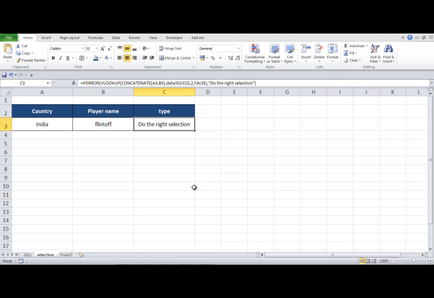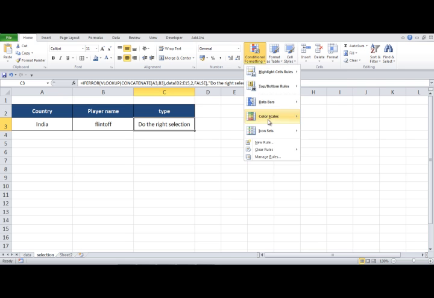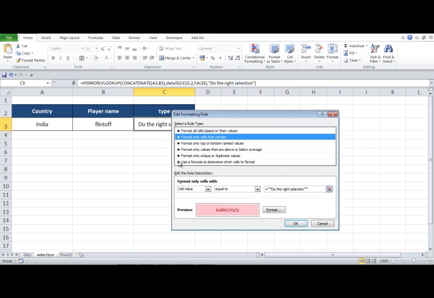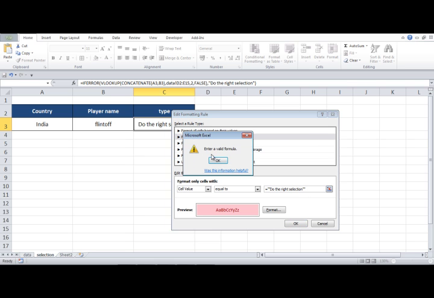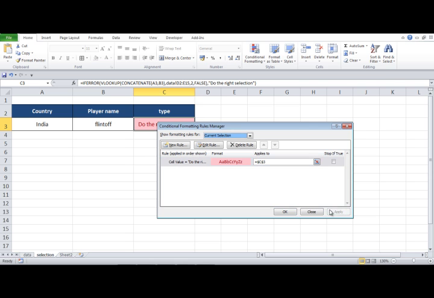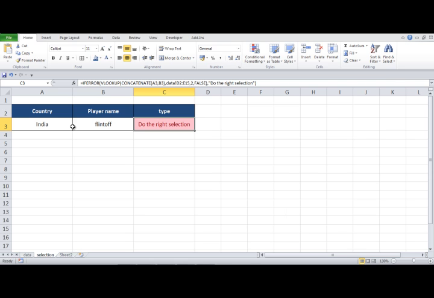Oh, okay. I think the problem is that I have given quotation marks which are not required. Okay, fine. Let's remove the quotation. Okay, another quotation. Okay, fine. Apply it. Okay, done. Now if I make the selection India and the proper selection is, let's say, Kohli, then